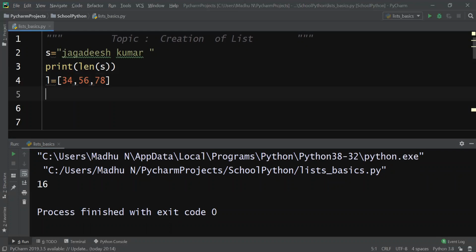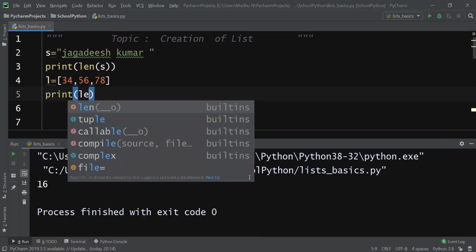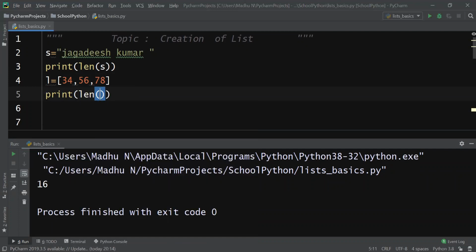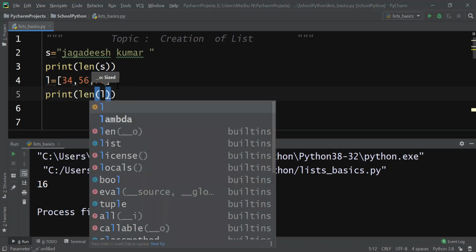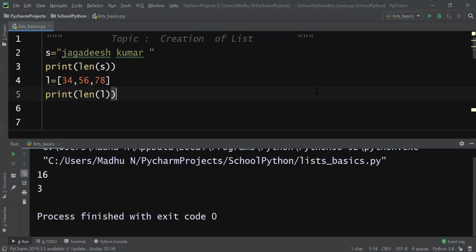Now I will print the length of the list, length of L. What is the length of the list? The number of items present in that list is the length of the list. Now how many items are present? 1 2 3, that's all. So this is your creation of lists. Now I have discussed list